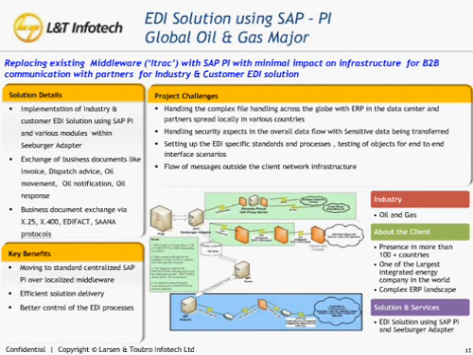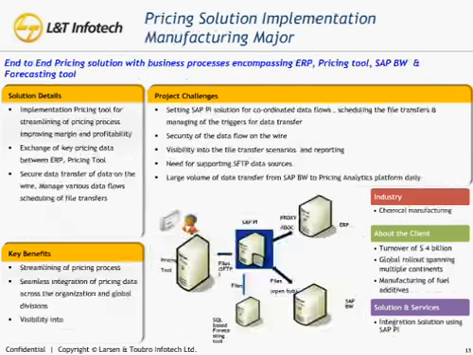The next scenario is primarily a pricing solution implementation for a manufacturing customer of ours. Here, again, the sensitivity of the data comes from the fact that it's the pricing data. So we have a pricing software, a pricing implementation in which the price of a product is decided, and then ultimately it's passed on to our SAP ERP, where the execution of the order and the rest of the OTC